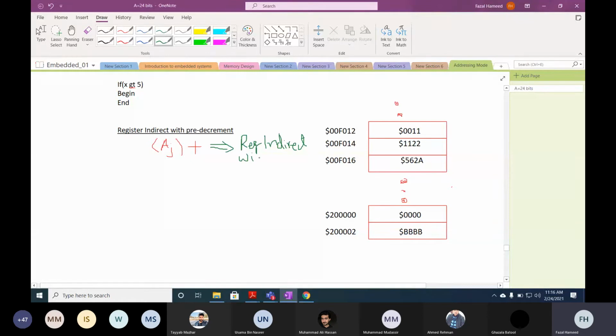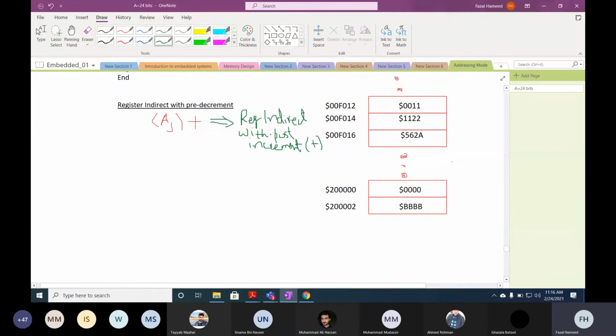Post means after. Why is it increment and not decrement? Because we are using a plus sign. For this reason, we call it register indirect with post increment.